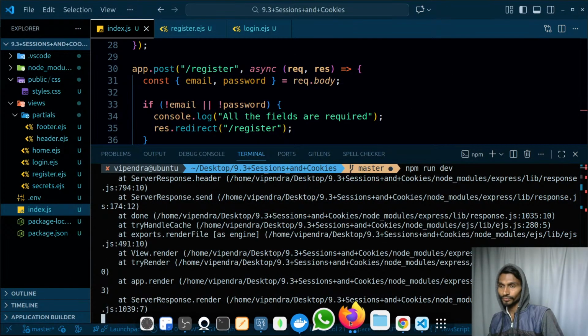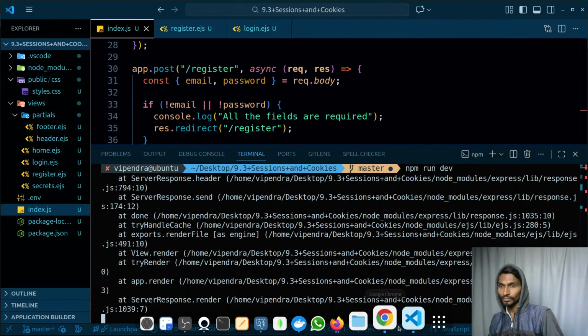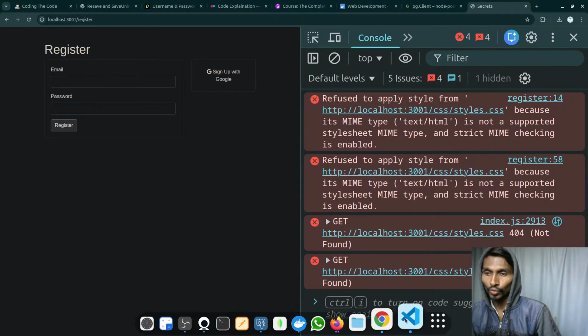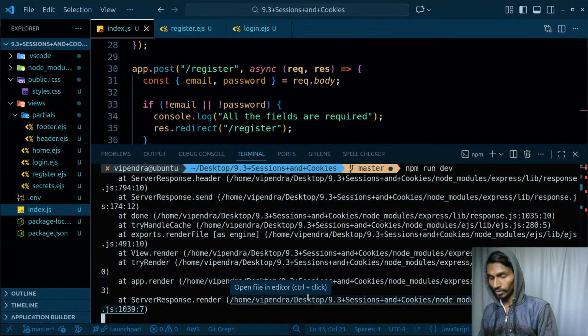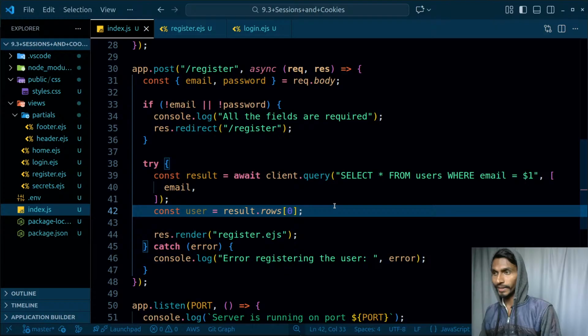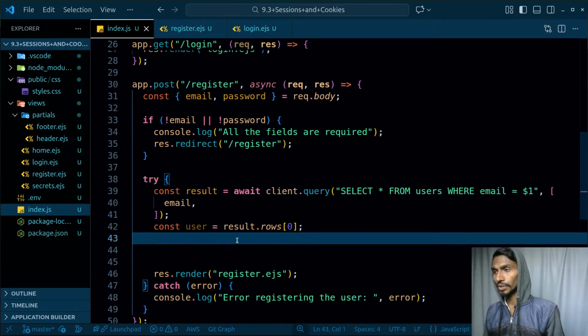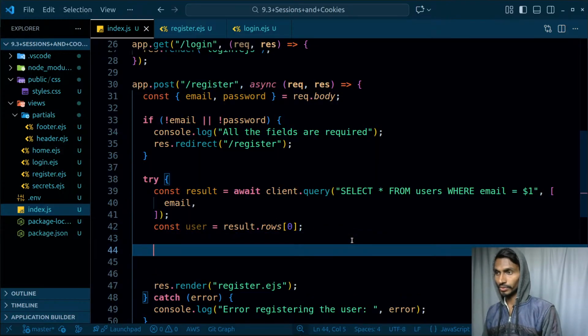Okay, can do one thing. Let's write the whole code, and after that I will just fix the errors, because right now overall things are working fine. So once I actually got my user, what will I have to do next? Because I'm trying to register over here, if the user already exists,